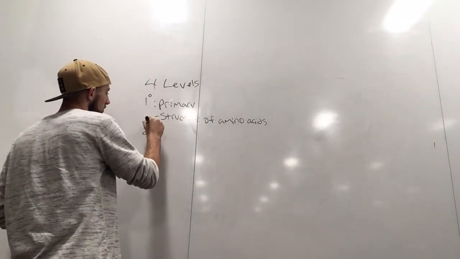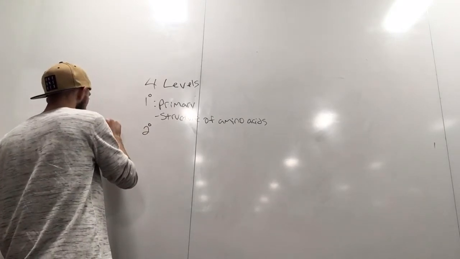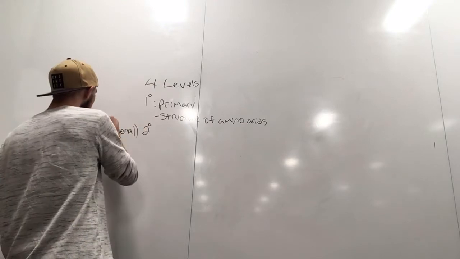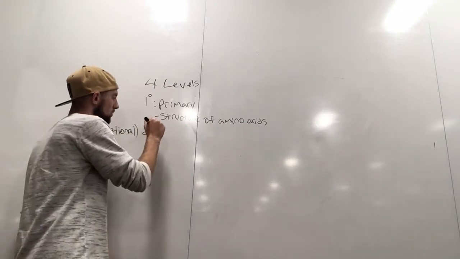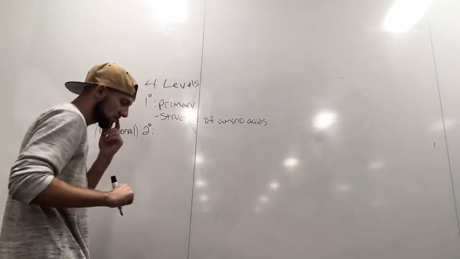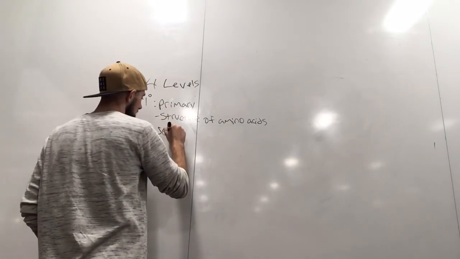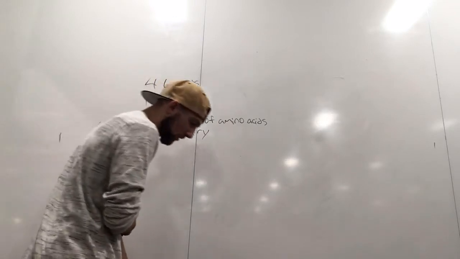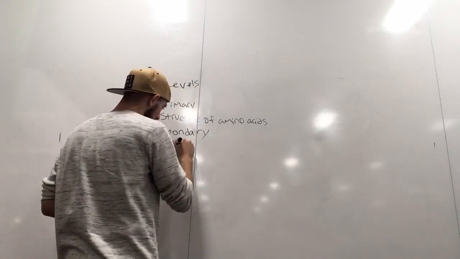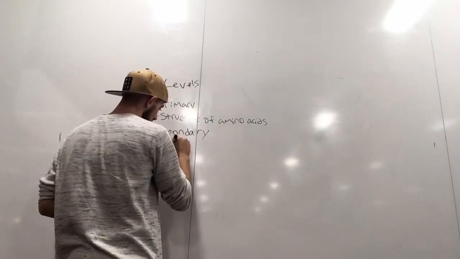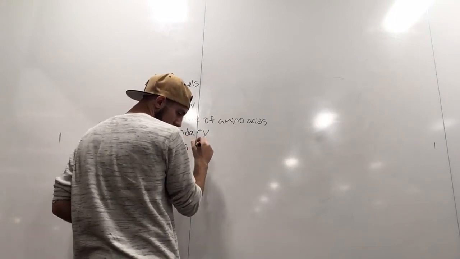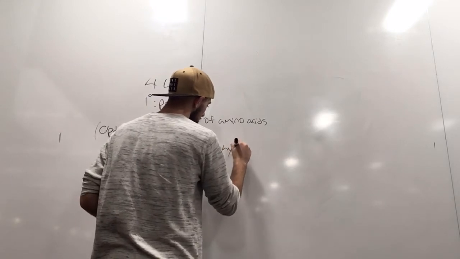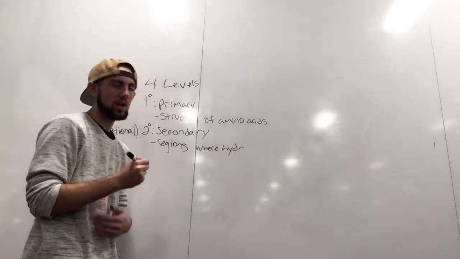What about the second level? Well, by the way, just to make sure you know, this second level is optional. So it may or may not be in the protein structure, but it's important to know. The secondary level, what does that make up? Well, this is regions where hydrophobic, meaning they don't like water,